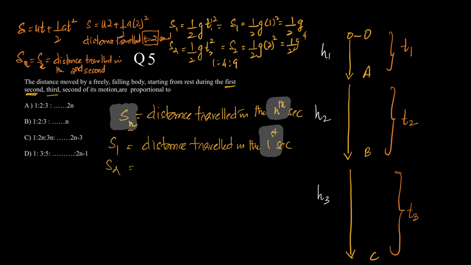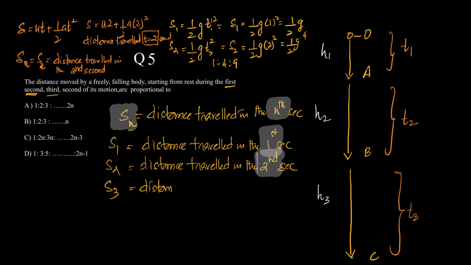Similarly, what is S2? S2 is the distance traveled in the second. Let me highlight that also. Second. And what is S3? S3 would be the distance traveled in the third second. Okay. Now,